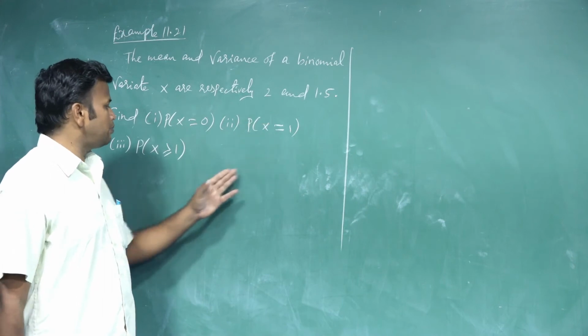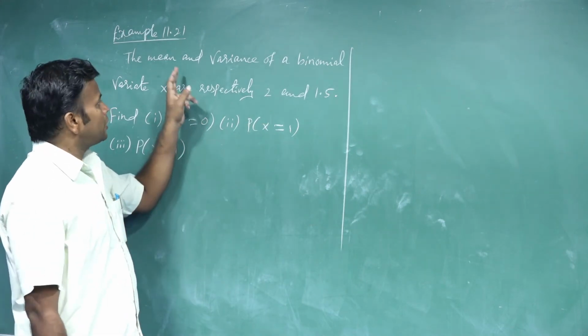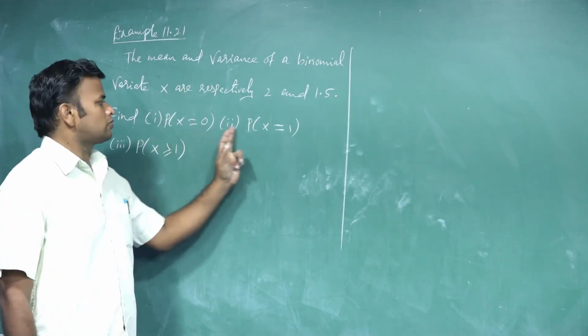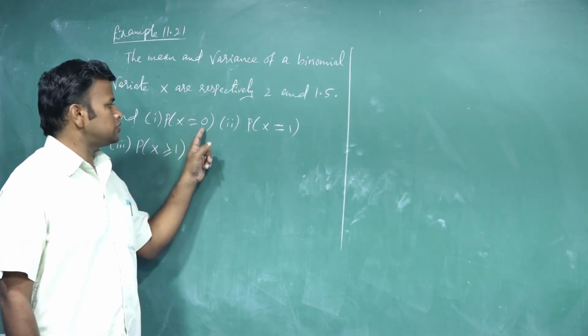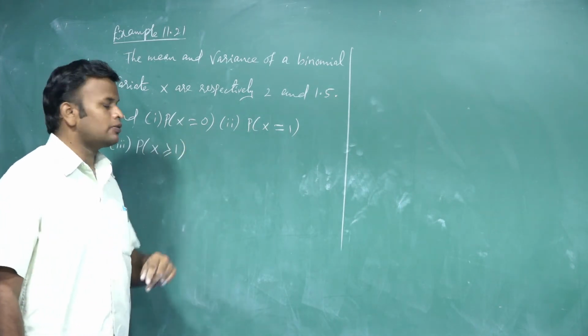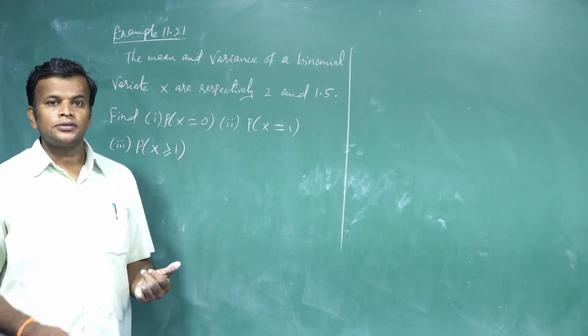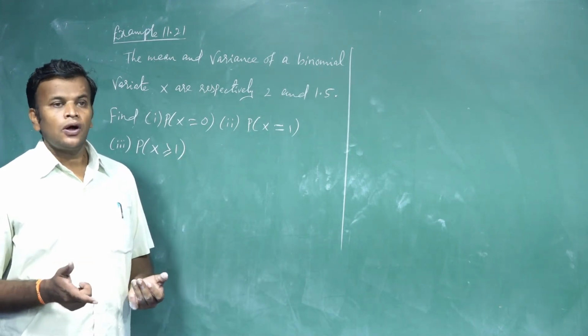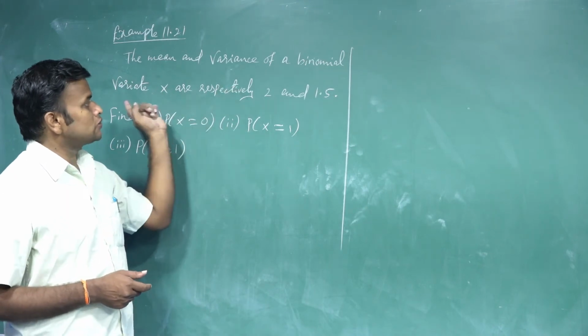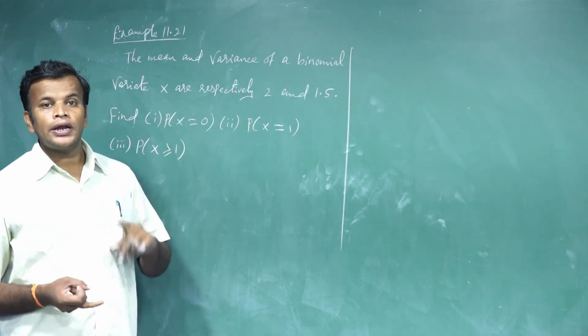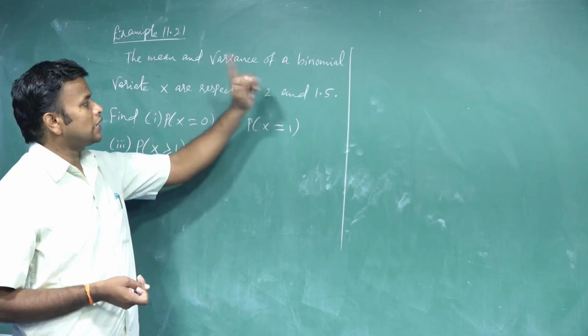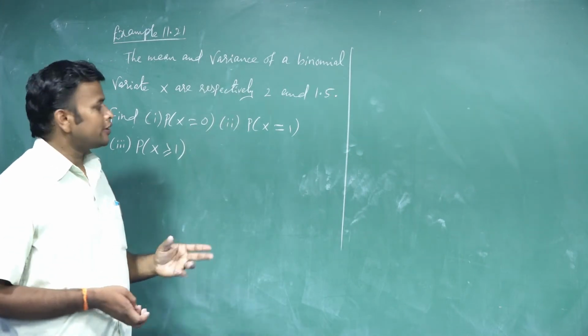So to find these 3 probability values in a binomial distribution, the values are: x equals 0, x equals 1, x greater than or equal to 1. But 2 more values are also needed. The values are P and Q. And also here you see the value of n is not given. So to find the values of n, p, q, using this data, then substitute the data in each and